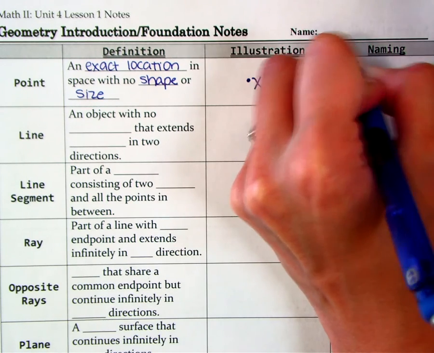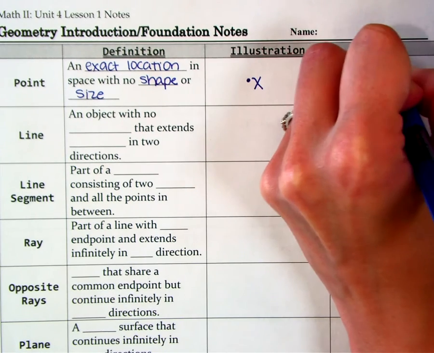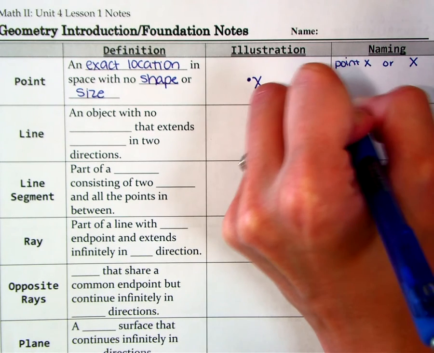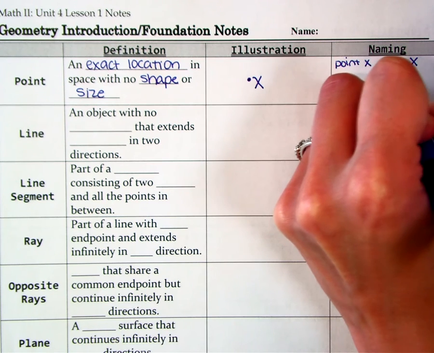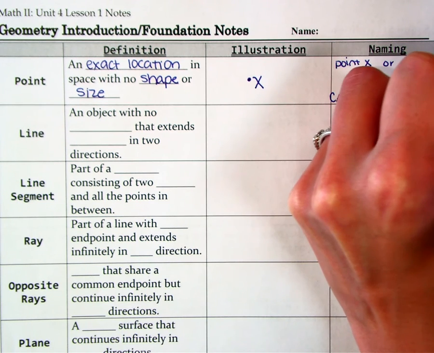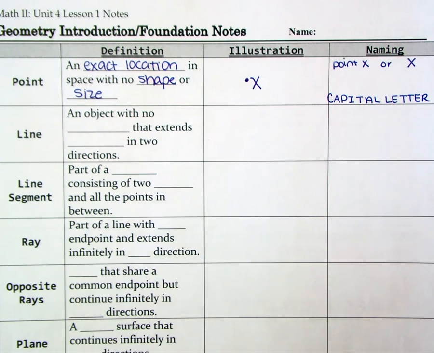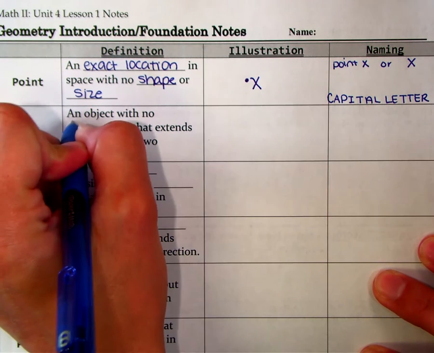My illustration is a dot with the capital letter X, and we say point X, or we say capital letter X. Make sure it is a capital. Then, if we have a bunch of points lined up really closely together and they are touching, we can say it's a line. A line is an object with no thickness